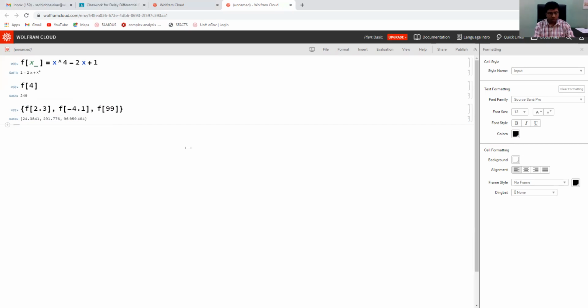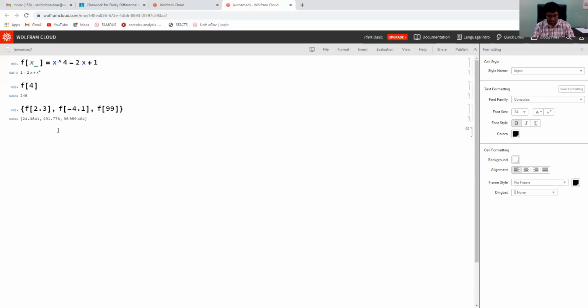Once I start typing these letters sin, there are so many options as a drop down menu. So Mathematica is now very user friendly. Using Mathematica is not difficult. You don't have to remember so many things, just start typing basic commands.